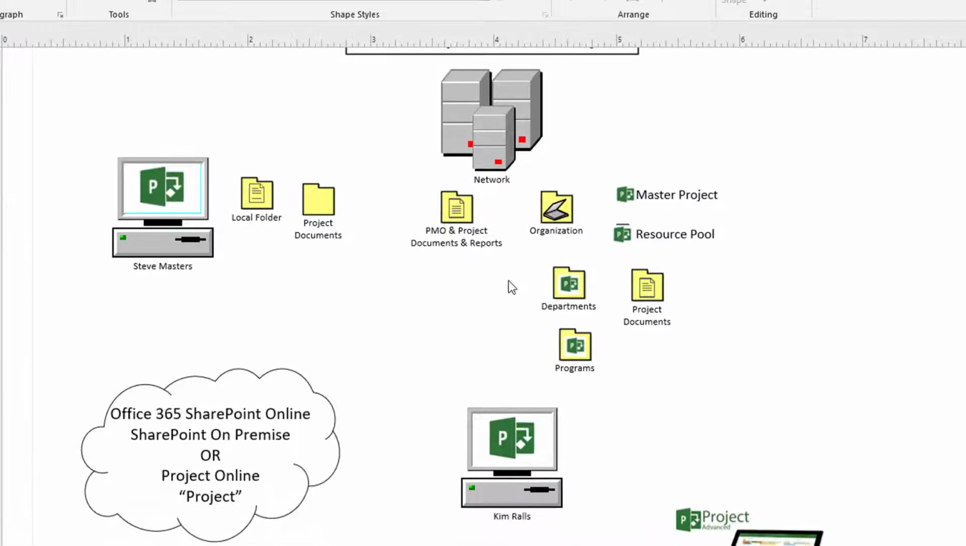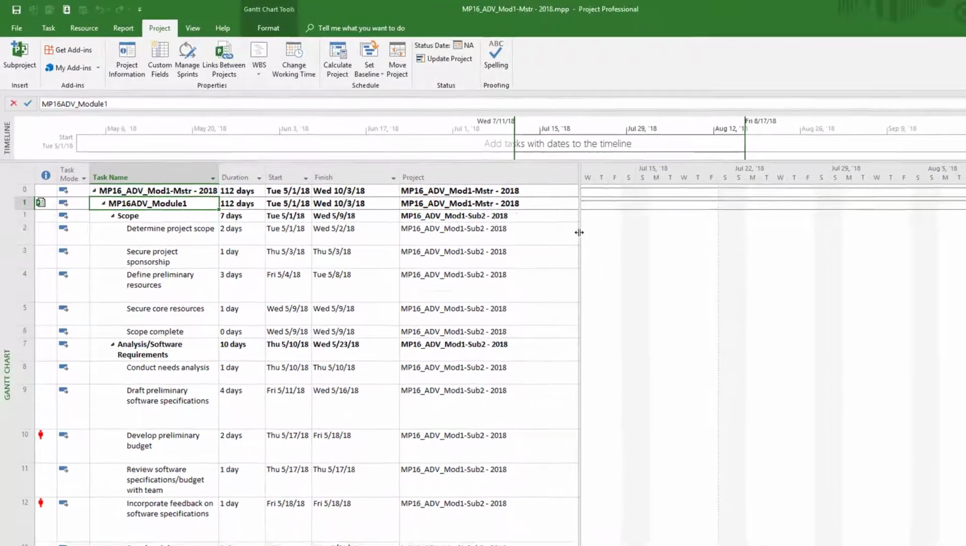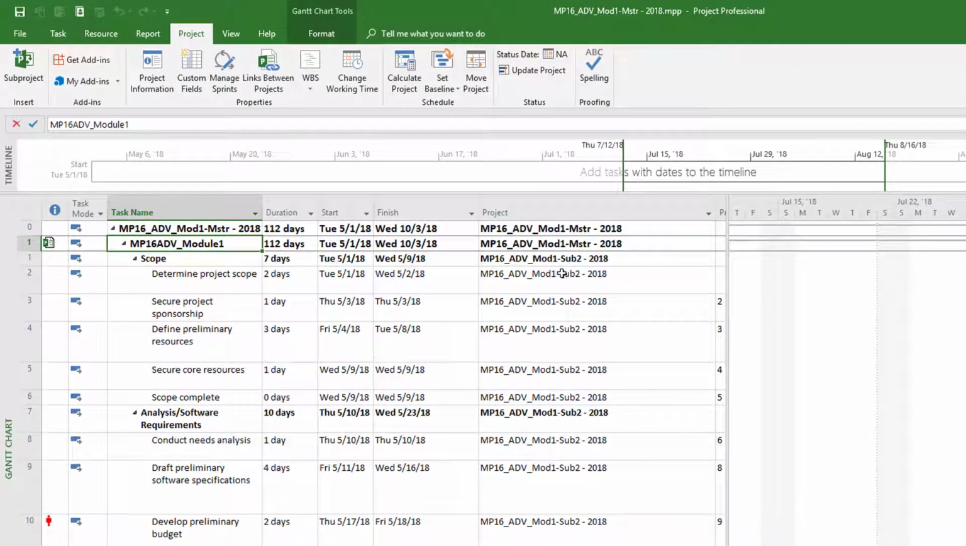And so in this particular illustration, you can see that at the top level here you have the organization. I expand the individual projects and I have that project column showing here, that at the top level it's indicating that this MP16 Advanced Module 1, that the project is in the master, right? So at the top level, because notice it's line item 1 as a top level task here, it's showing up